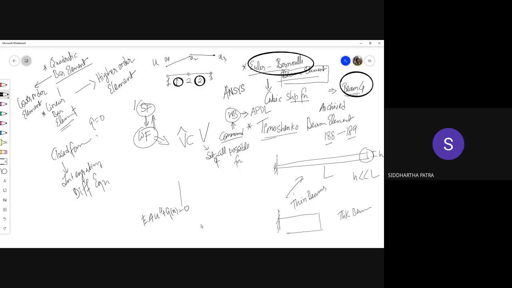Q may be sine of x, unless it is, let's say, sine of x divided by e to the power x, a very difficult function to integrate. Other than that, in most cases, I can integrate this. But then, why am I using a numerical method? Why am I devising a method to get an approximate solution for something for which I can directly get the exact solution?